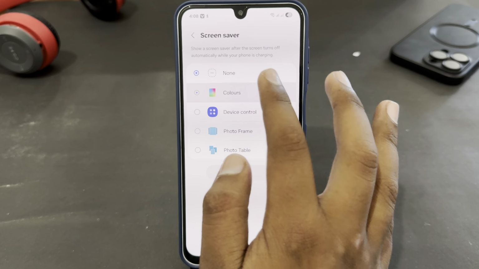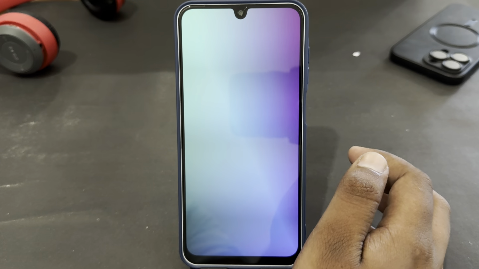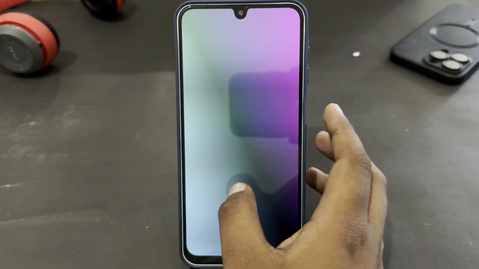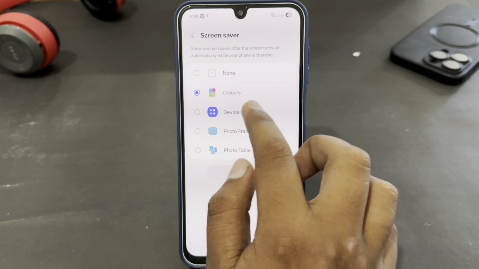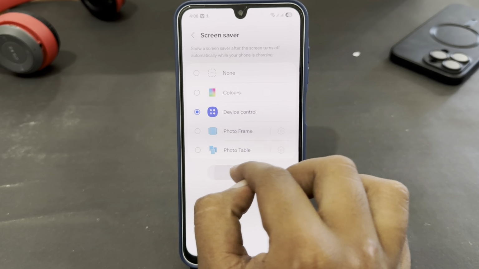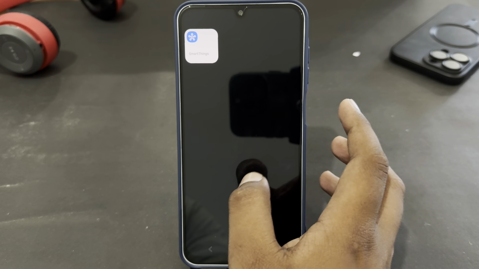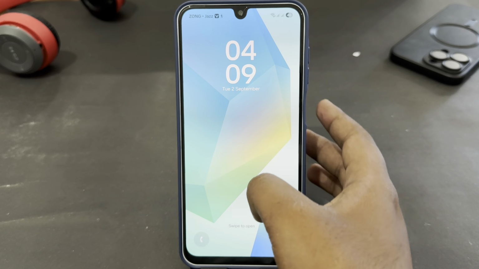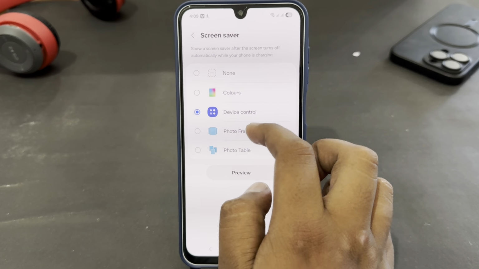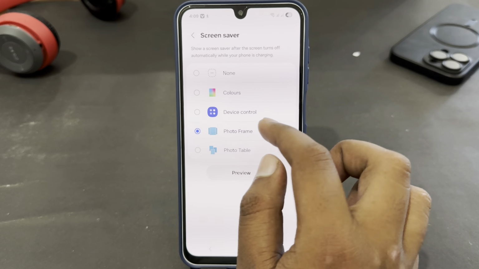Here's the color, just tap on it and then tap on preview to get a preview of your screensaver. And here's the device control option, just tap on it, then select the preview option to get a preview of your screensaver. So if you want to turn on or select your photo, just select the photo frame or photo table,